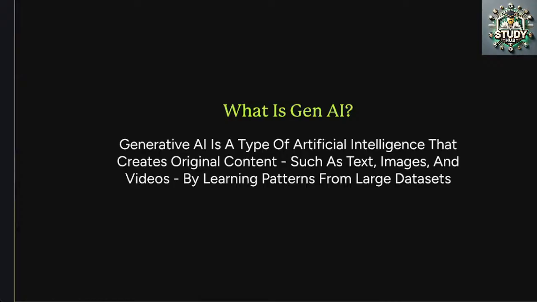What is Gen AI? This is the core starting point. Let's just read the definition that comes up on Google, and then I will be dissecting all the layers inside this definition. Generative AI is a type of AI. It is not the only AI, it is just one type. There are also descriptive AI and predictive AI. It is one kind of AI that creates original content. I want every one of you to focus on the word original, such as text, images, and videos, by learning the patterns.